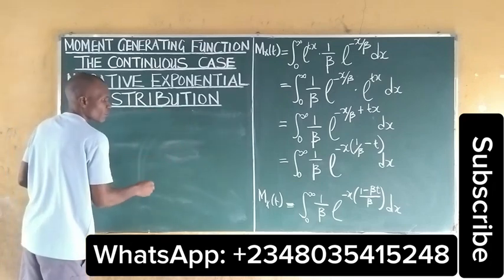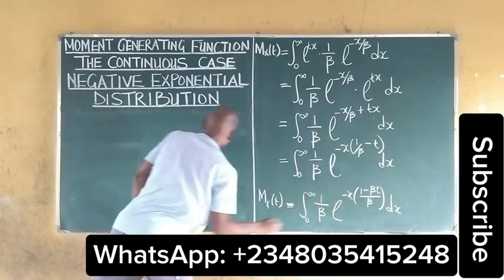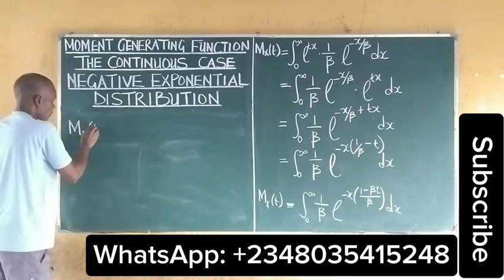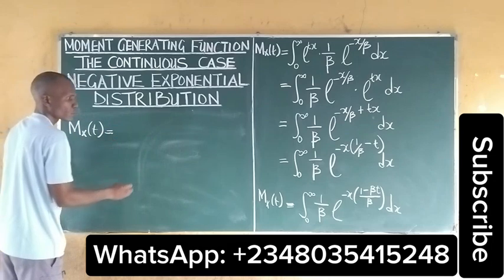If we take the integral of this function, we'll get our moment generating function to be equal to